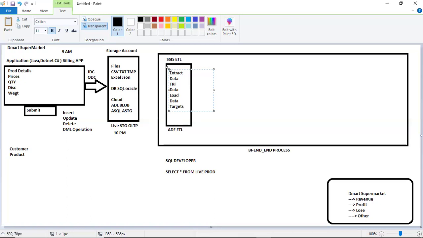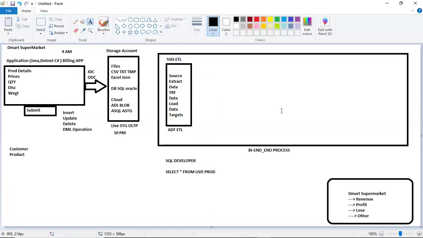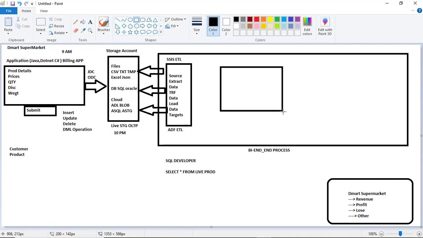They extract from different sources and load to different targets. They may extract from a file, from databases, or from cloud databases or cloud storages. Once they extract, they clean unwanted data, remove the bad data, and load this data into your database or data warehouse.